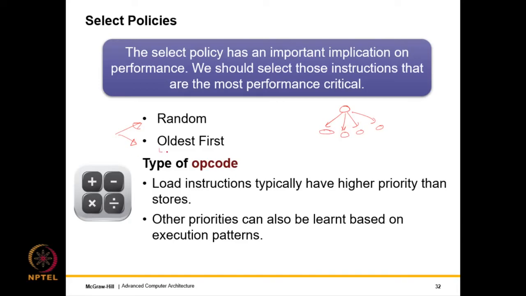Another option which is fair is oldest first, in the sense we give priority to the requests that have been in the instruction window for the maximum amount of time. And given that the instruction window is a queue, from their position we can roughly figure out how old an entry is. But ideally, it should be a combination of the age and the impact. See, any fairness by definition should be a combination of age and impact.